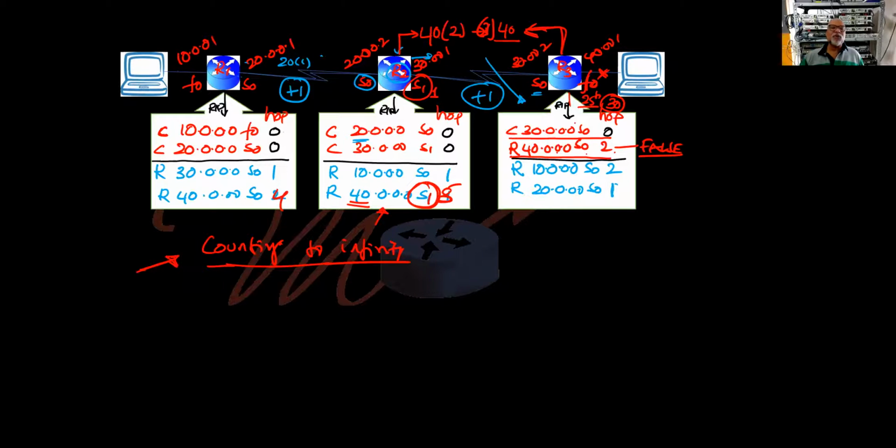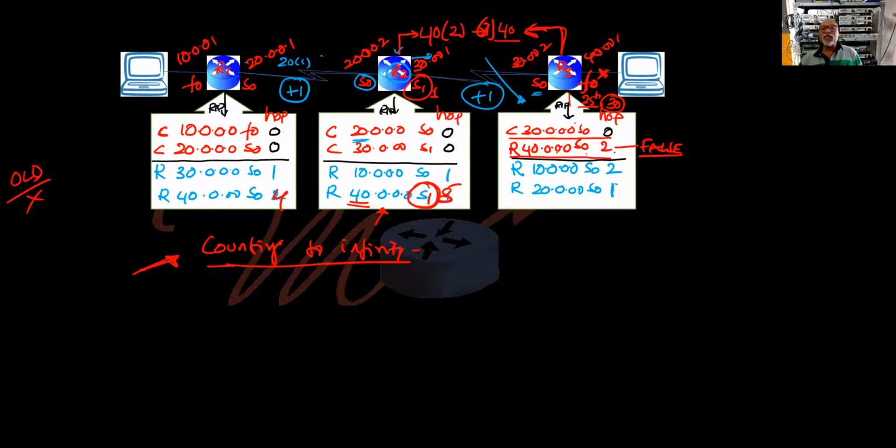See, this is an old protocol, very old protocol. It's almost gone. It has a second version, but I'm teaching you so that you can build the logic properly to the next level. Are you understanding? So this is counting to infinity. It can go up to infinity. So I have to stop it.